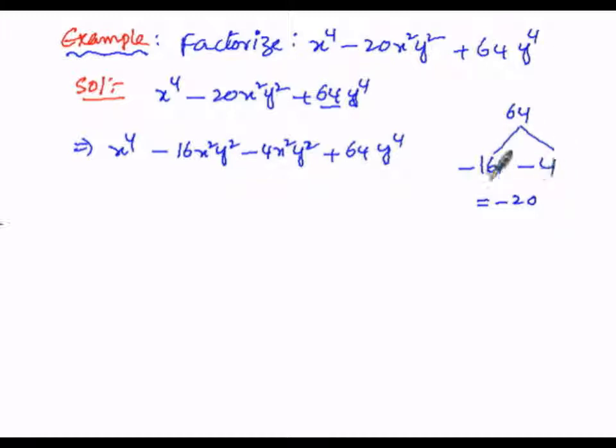In order to get 20, we can add or subtract, but we must get 20. Here, by adding we will be getting 20, so the sign must be negative. The greater one must be negative. If we take the negative sign, then only we will be getting minus 20. So that implies